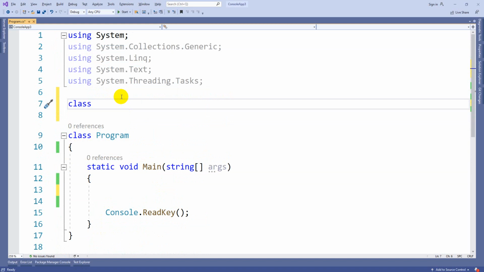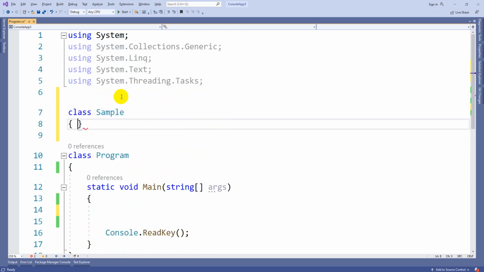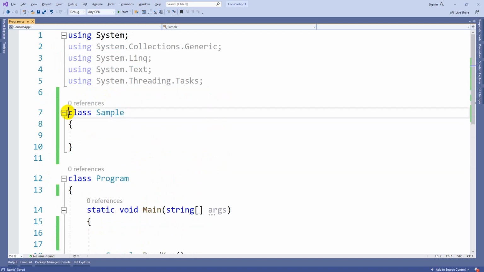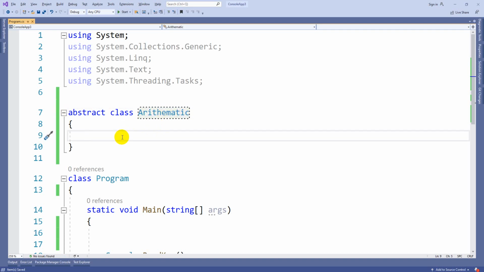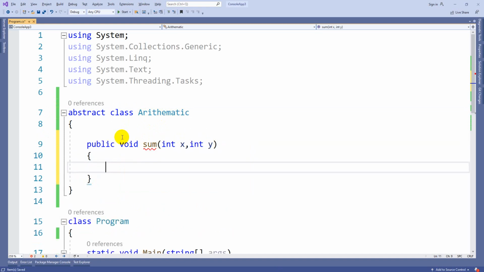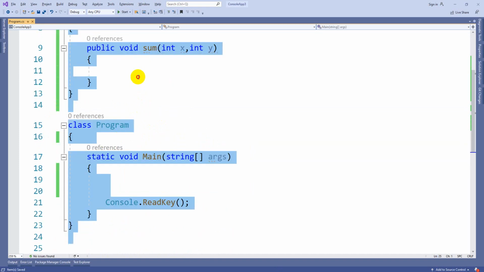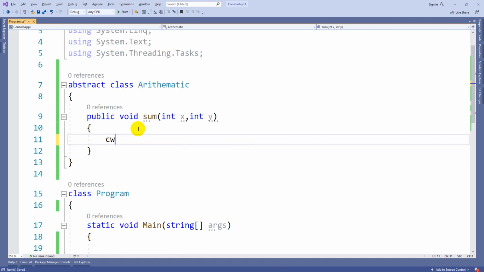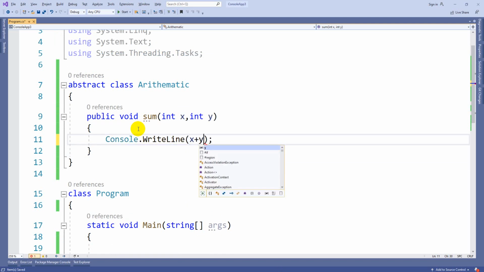Suppose there is a class Sample. I am making the class abstract. Let's take arithmetic. Here we have a method public void sum which requires int x and int y. Here I know how to implement the code, so I can write x plus y.